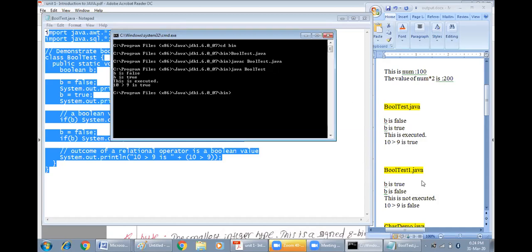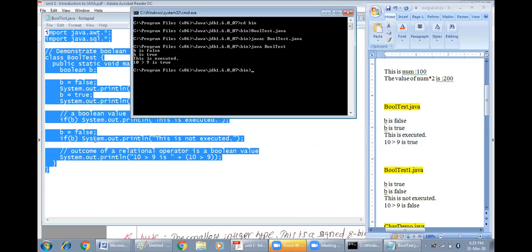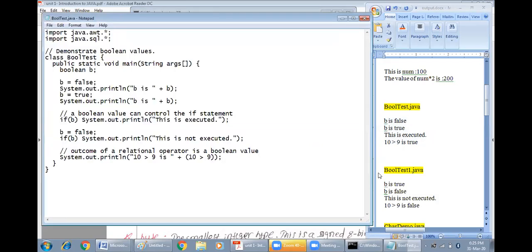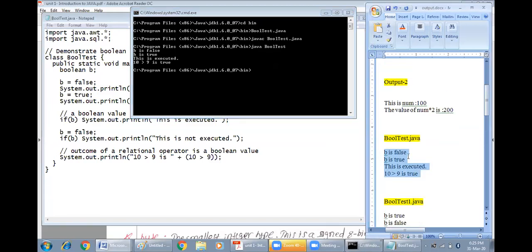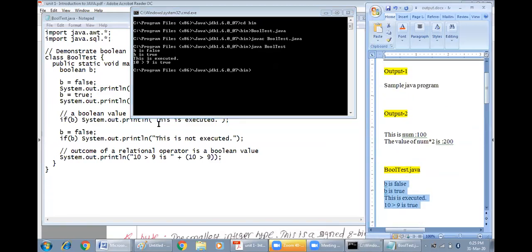So if you can see here, this was the output during the explanation, and we have got the same output. B is false, B is true, then this is executed. As I said, this part will not get executed. Why? Because the truth value is false here. So this part will not get executed. And the next statement here is 10 greater than 9 is true. So this was the output of this particular program.